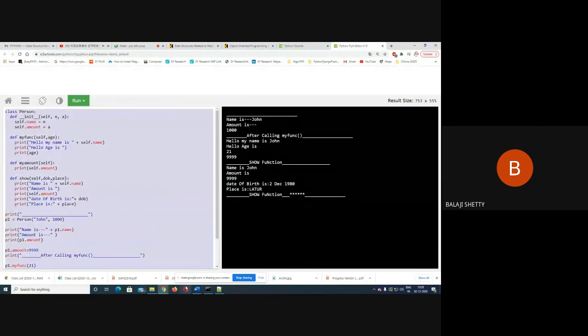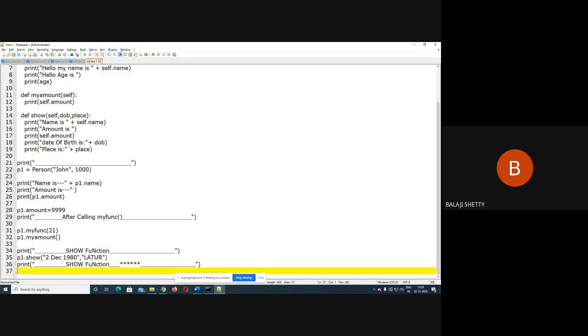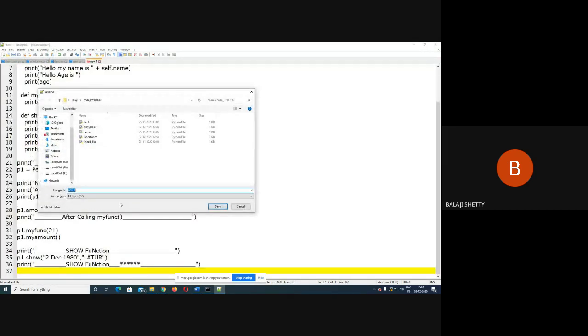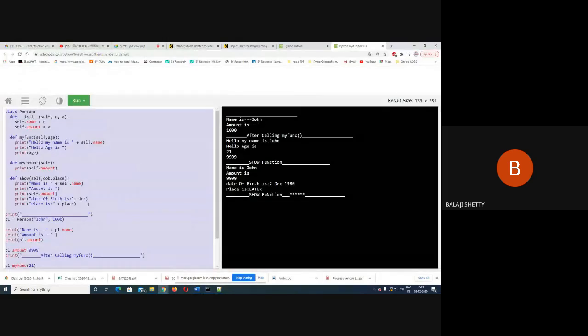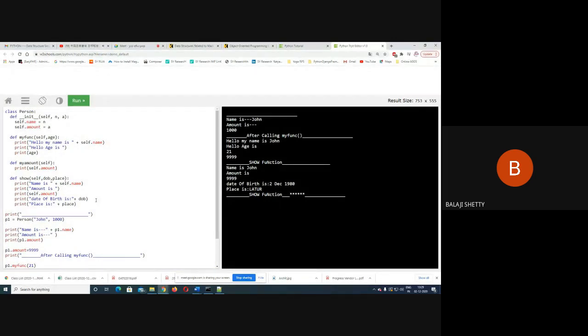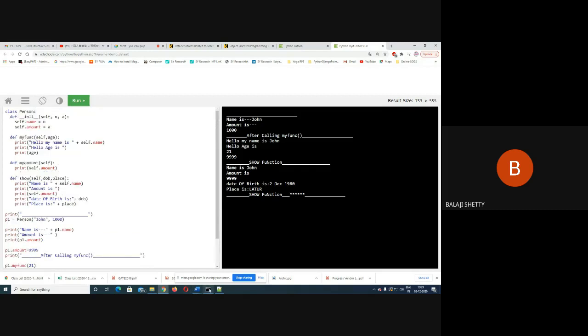I save this code so that I can email you the code. Control V, Control S, class basics details .py file. Okay. I hope this concept is clear now. This is our basis of Python classes.